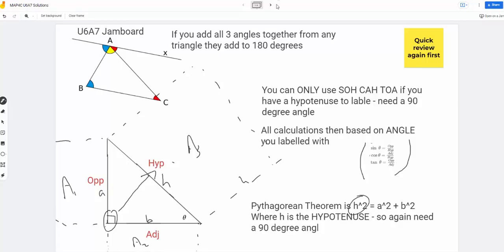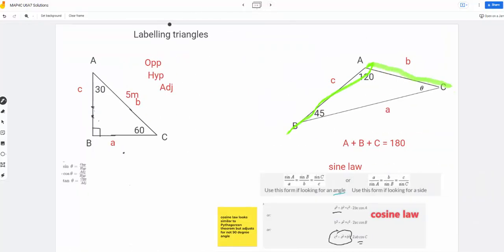Okay, next slide. We're looking at labeling the triangles, just reviewing how we do this stuff. As we label the triangles, if I have a 90-degree angle, then I can label the hypotenuse. And then I want to decide how I want to label this triangle. If I have a hypotenuse, no problem to do that one first. The opposite, I can put on either side, but once I put the opposite in there, I'm stuck